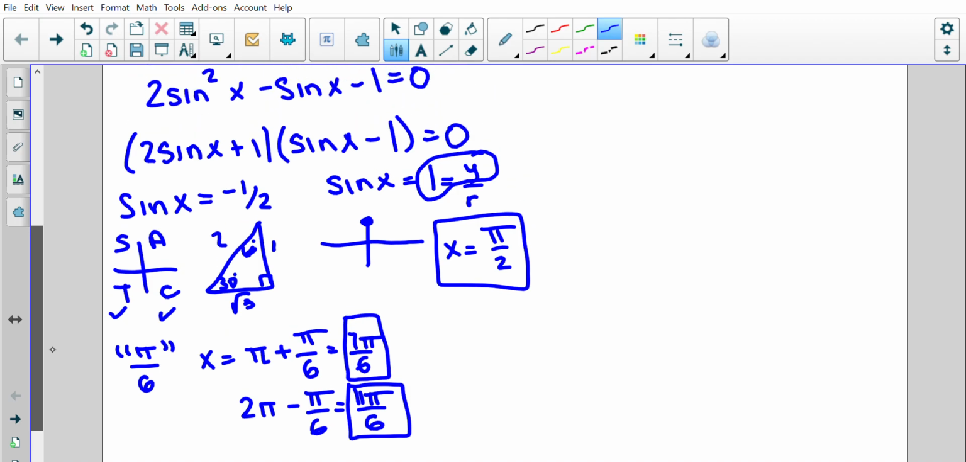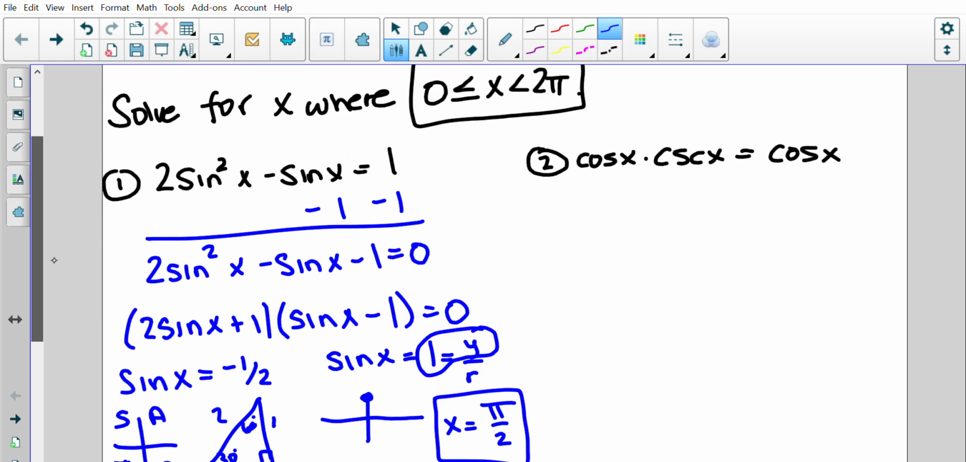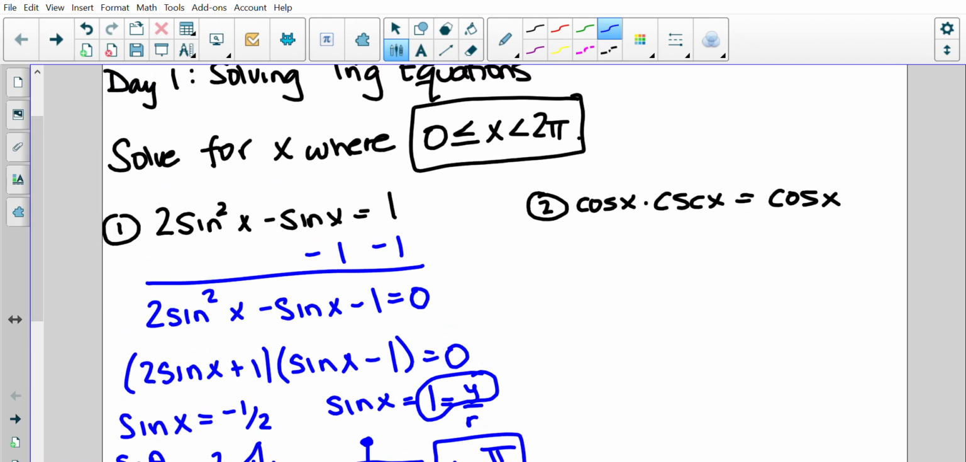Okay. Then I have another problem over here that says cosine x times cosecant x equals cosine x. A lot of students are tempted to sort of divide through both sides by cosine x, but remember when you're solving equations, you never want to divide by the variable because you will lose answers that way. So anytime you're tempted to do that, really what you want to do is subtract the cosine x over,